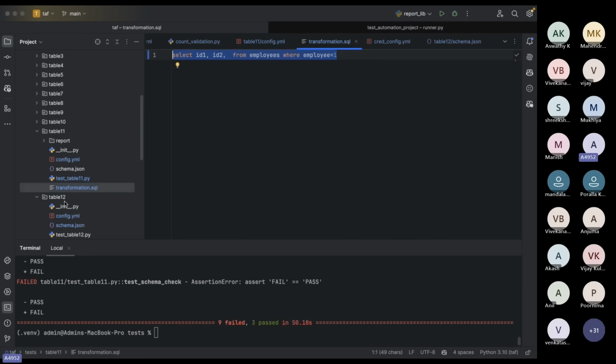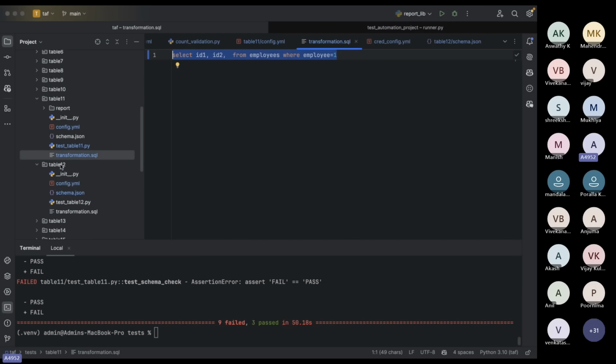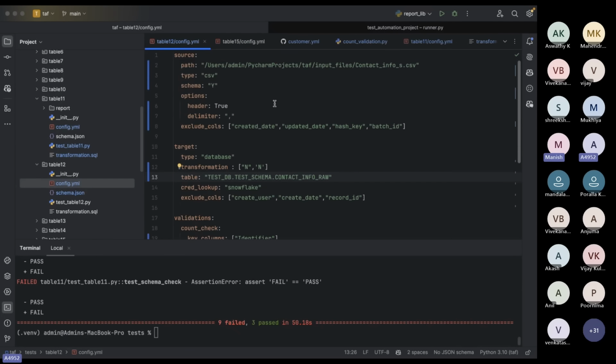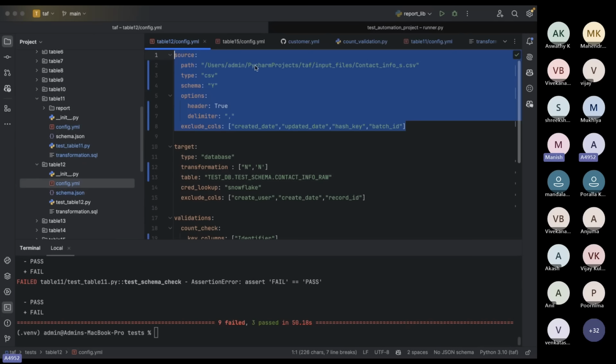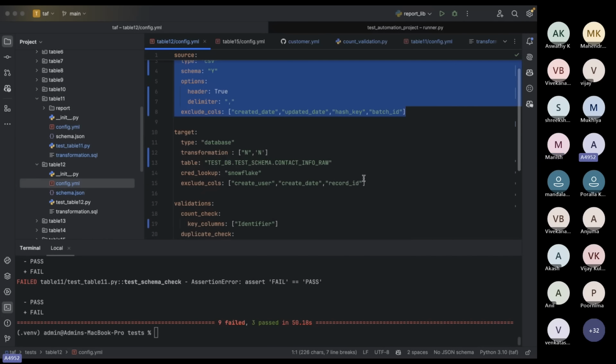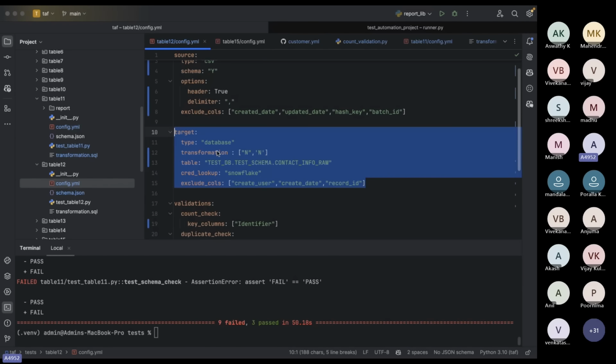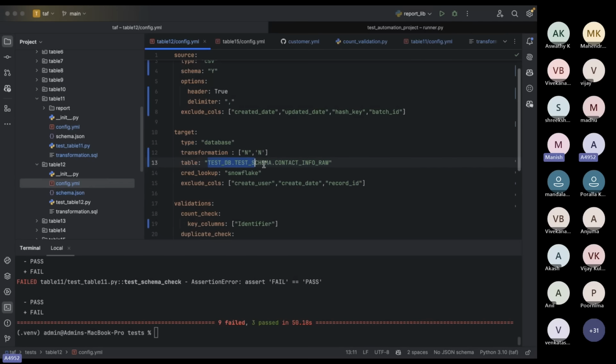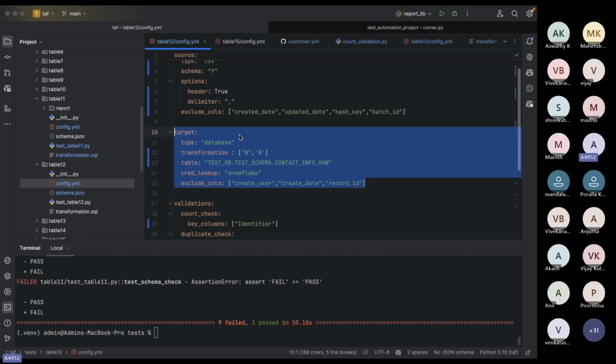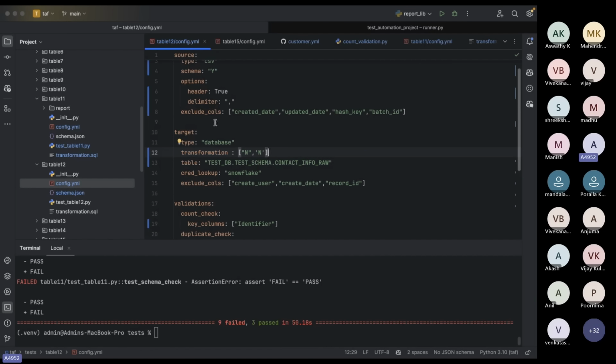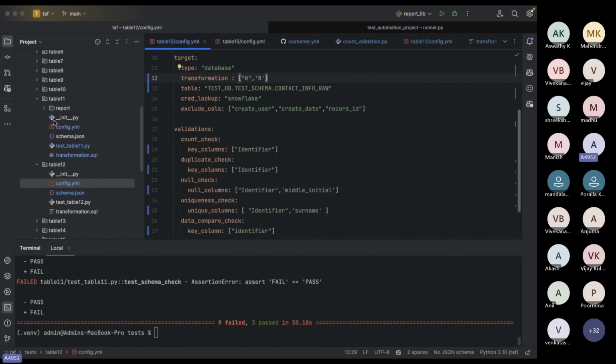Okay? And then again table 12. So in table 12, here we are reading data from the file, and here I'm reading data from the table. So this is the database table. See, table info. Okay. So it's a file versus DB validation. So this is the Snowflake database actually. Okay, Snowflake, the cloud Snowflake database. Okay. And then we provide. So this is constant. This structure is constant across the different tables. Only values will get changed.